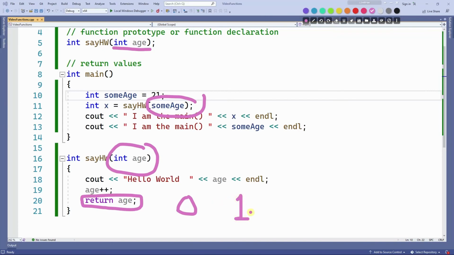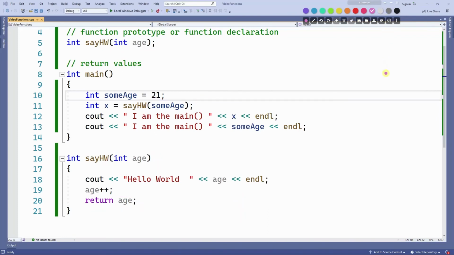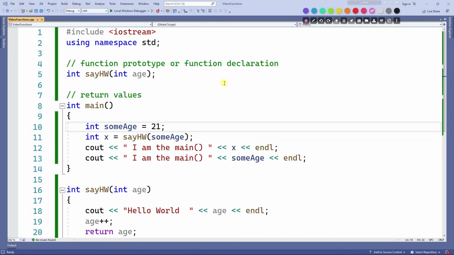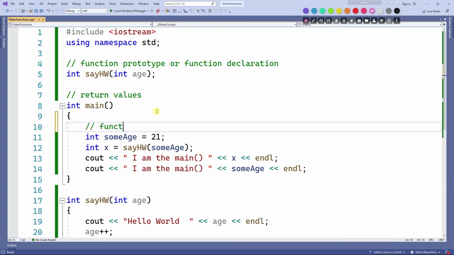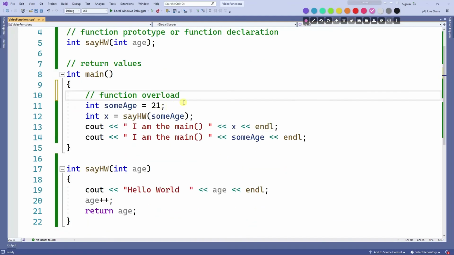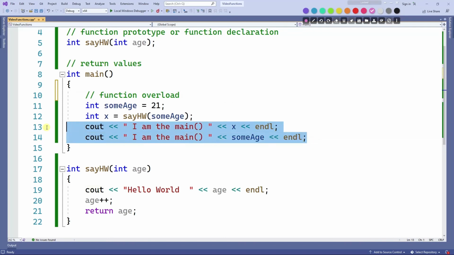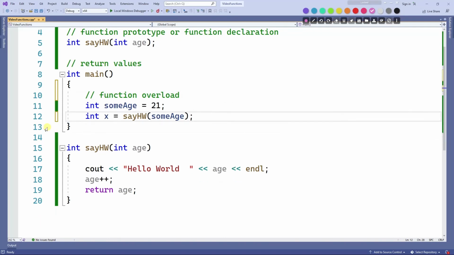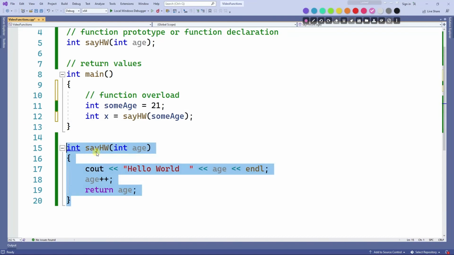Now you can create a class if you want to, and then set many values in that class and return an object, but that is for another video. All right, so the last thing I want to talk about during this video is function overloading. Overloading a function is when we create two functions with exactly the same name but with different parameters. So if I create two functions with exactly the same name here,